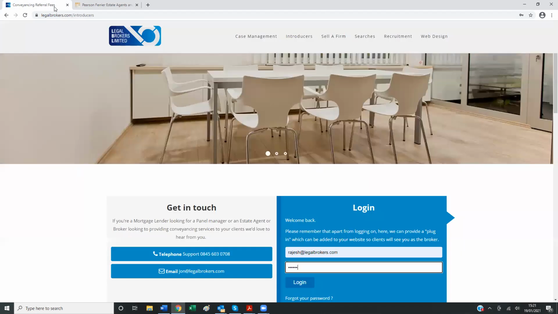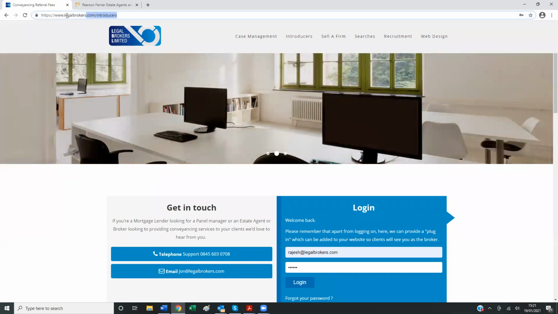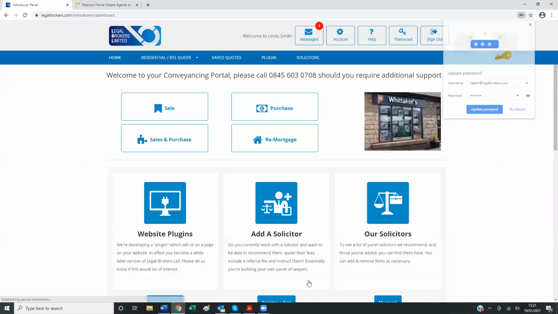The other scenario is where an estate agent wants to be the hub themselves. In this situation, they would go on to legalbrokers.com/introducers, onto the introducers tab, put in their details. Obviously, I've got a test account here, and would click login.